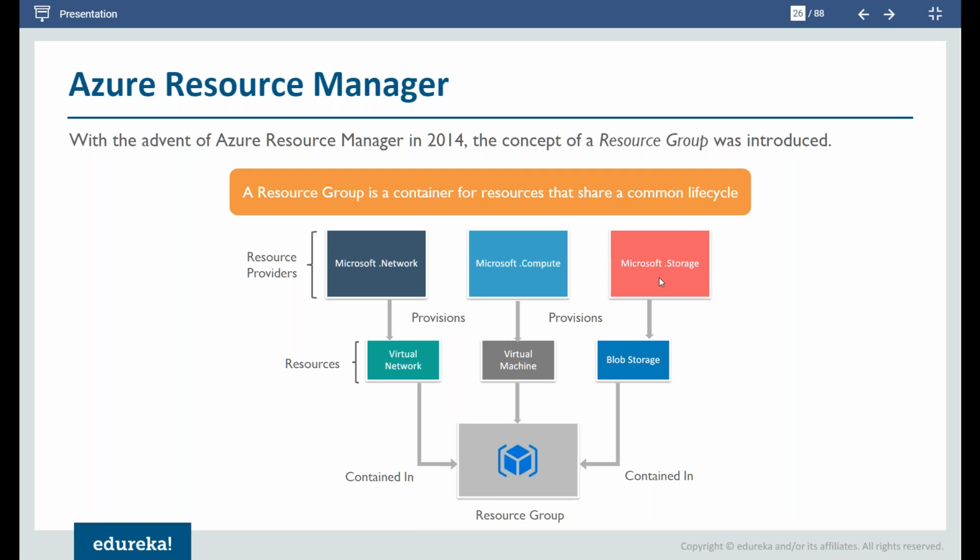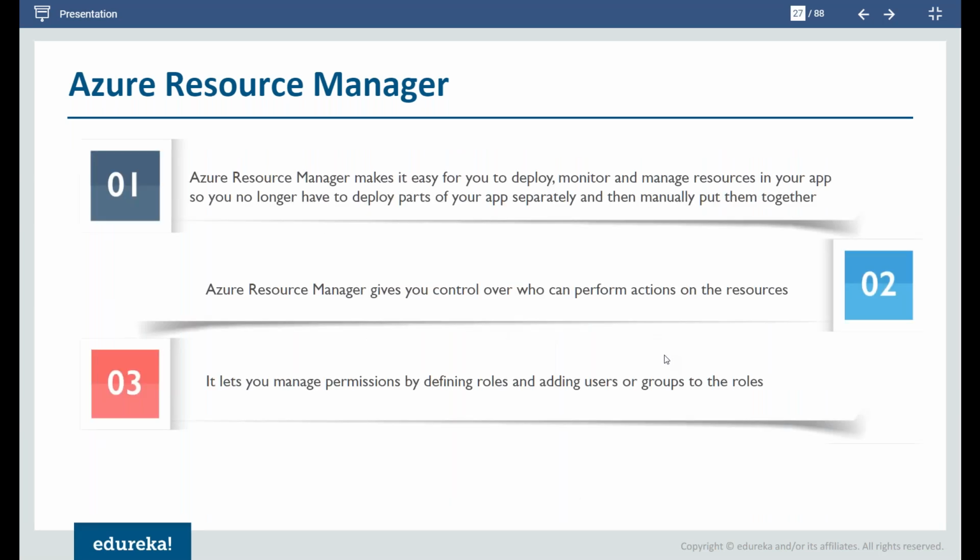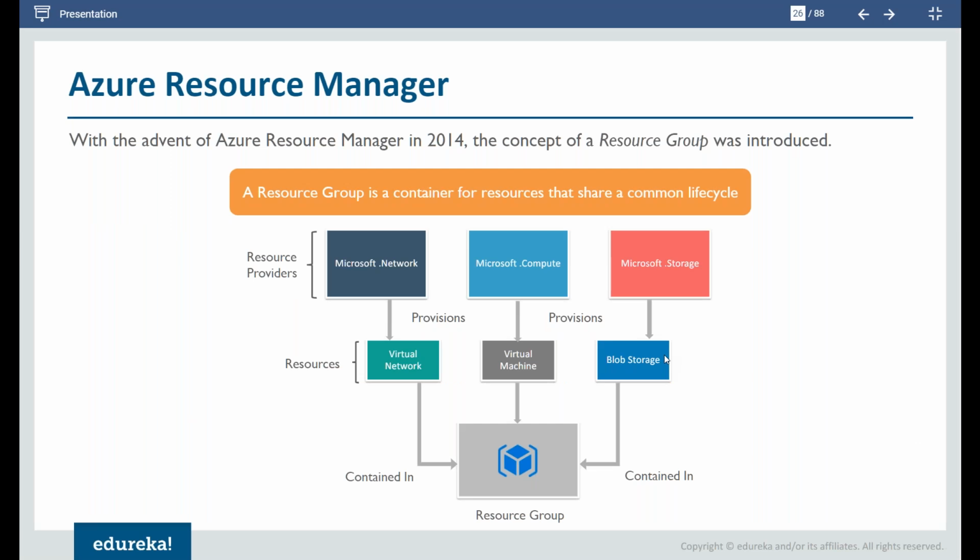And then whenever you create an instance of that service, that's called a resource. Okay, so I hope everybody is clear on these three things. Let me now go ahead and show you in the Azure portal how you actually work with that. First thing that we are going to see is what a resource group is. So it's a simple folder. Let's go ahead and create that folder so that we can take a tour of the Azure portal. Then we'll see how we can create a resource.